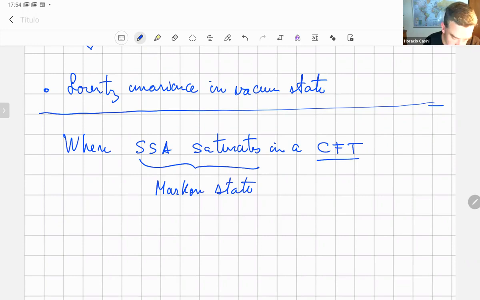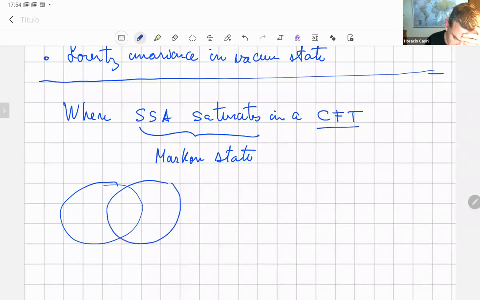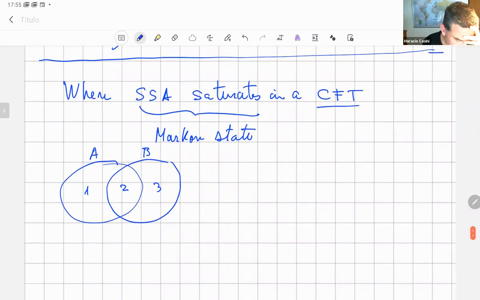And it has been studied in the literature, in a paper by Hayden, Jozsa, Petz, and Winter in 2004, that if you have saturation, let me write this. This is A and this is B. Let me call 1, 2, and 3 the three pieces in which they are divided here. When they saturate, so strong subadditivity is equal to 0,